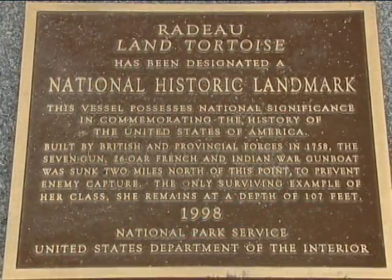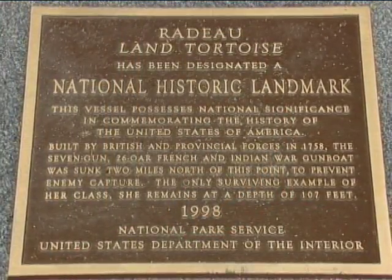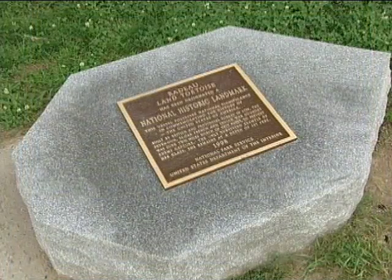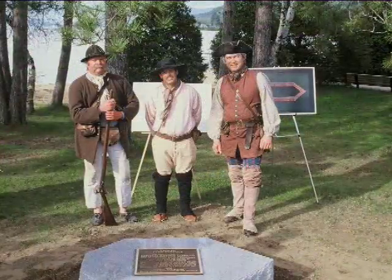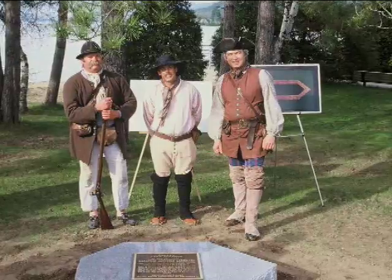And these are historic properties that are significant because of their national importance, not just their local or their state importance. The Land Tortoise was made a National Historic Landmark in 1998. In fact, it's only the 6th shipwreck to have that type of recognition, thus showing that it is indeed North America's oldest intact warship. A relatively small number of submerged resources have been included as National Historic Landmarks, and underwater archaeology now is coming of age, and we're very glad that the Land Tortoise has been added to the list